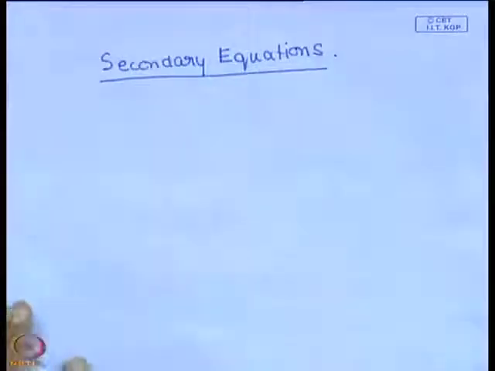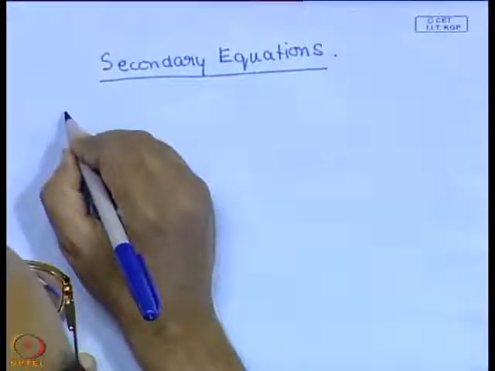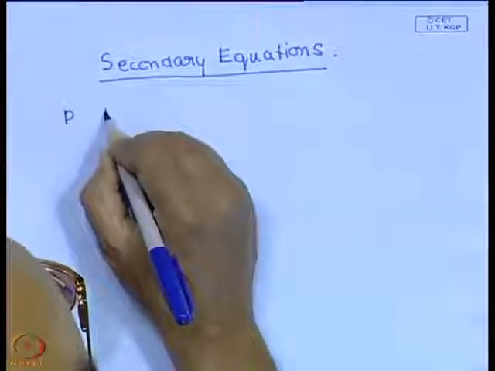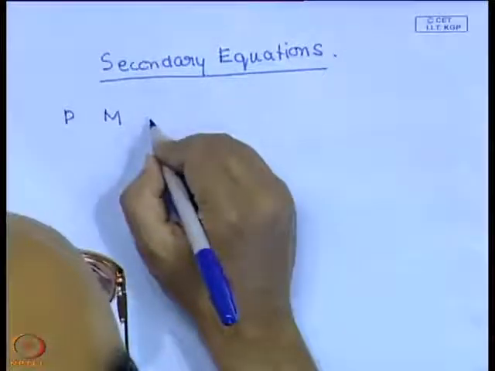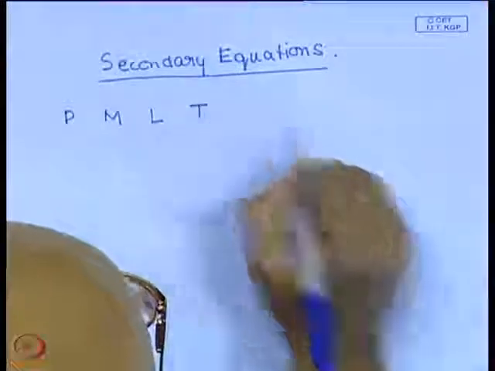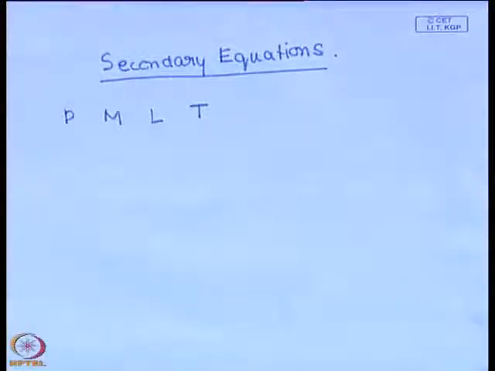Okay. So, if you look at this, you have 4 unknown quantities. The 4 unknown quantities are the pressure and the mass, all of these are functions of r. Then you have the luminosity and the temperature, all of them vary with r. But there are other quantities that appear in the equation. So, these quantities,